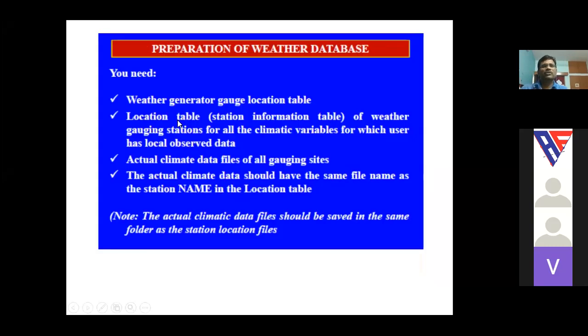Then preparation of the weather database. So basically in SWAT we have to provide the weather parameters. Based on the weather parameters, different statistics will be calculated.